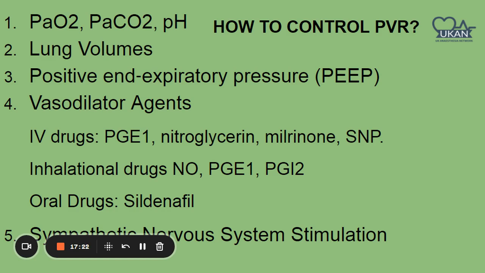So the vasodilators, the problem with the intravenous pulmonary vasodilators is that it is not limited to the pulmonary circulation, and it will have a vasodilator effect on the systemic circulation as well. If this is on your side and you need this, that's okay. But most of the time, you need something selective to vasodilate the pulmonary circulation and not affect the systemic circulation. So that's why nitric oxide comes as the first choice